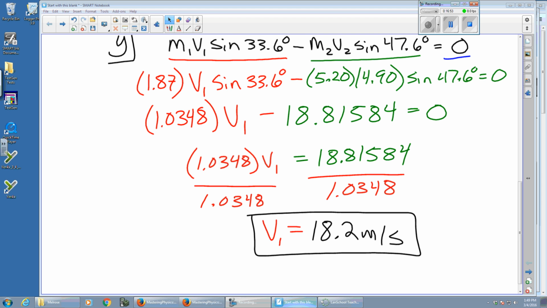Let's go on to B. So we did this by looking at the y direction. What do you think we have to look at for B? The x direction. The x direction. So